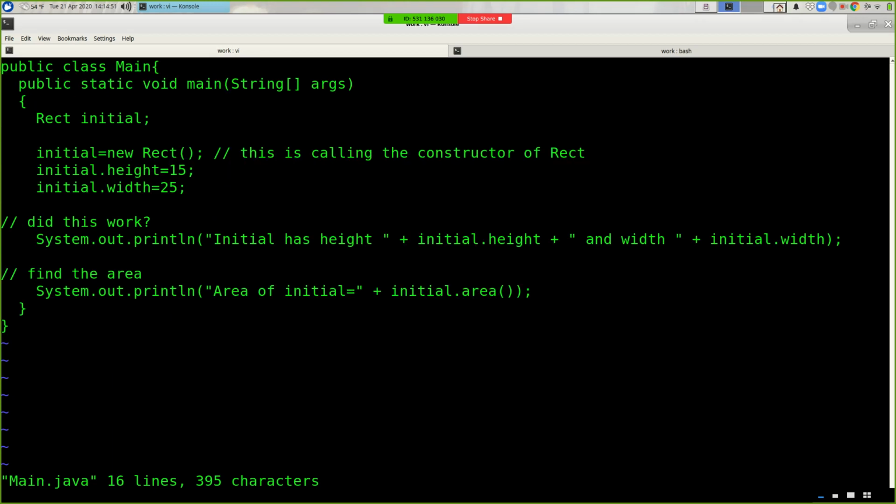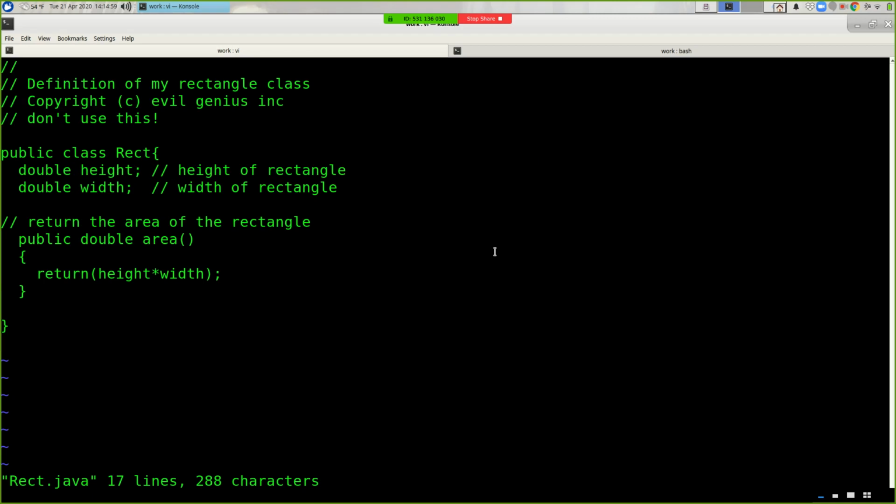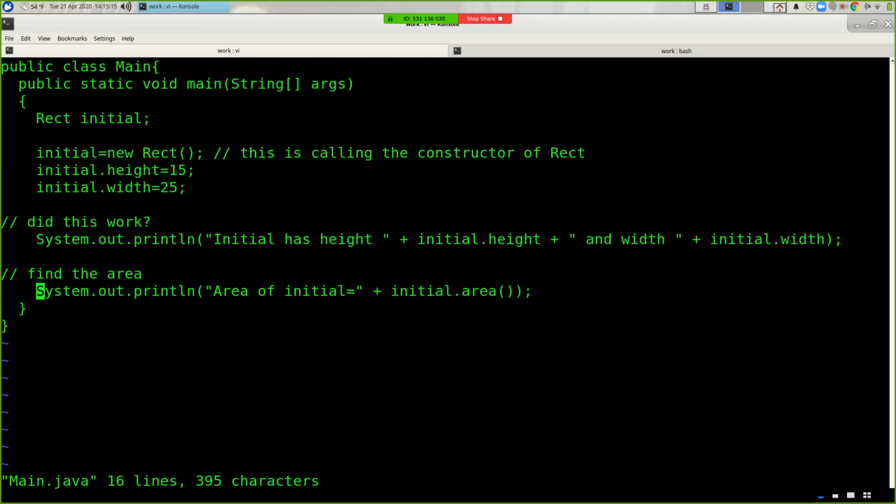So you want to kind of think of this as a piece of this object. Initial has three things associated with it because it's a rectangle. It has a height, it has a width, and it has an area method. And in the area method, when I refer to height, this is what I'm referring to. And when I multiply by width, this is what I'm multiplying by. Okay, so this is a different mindset, right? This is combining code and data. Okay, so that's one potentially new, slightly bizarre concept, and this